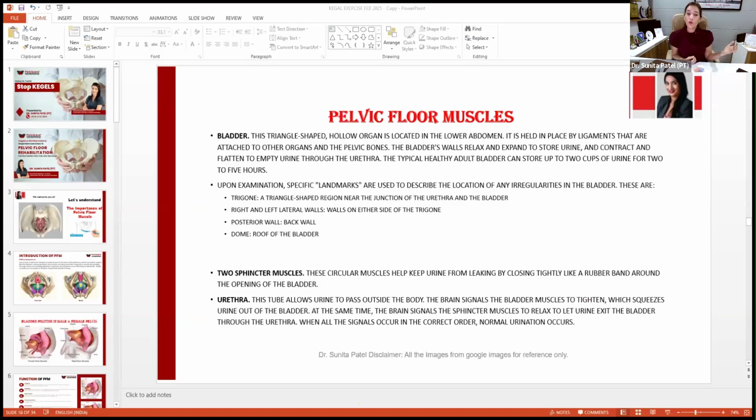The second question: are you leaking on the way to the washroom? If the patient is not leaking on the way to the washroom, it means the urgency is there, which is triggered by the detrusor muscle, but the pelvic floor muscles might be strong. Whenever this downward pressure is going on due to the squeezing of the detrusor, the muscles are strong enough to hold the urethra, and she's maintaining the way to the washroom. So in this case, only urgency is there.